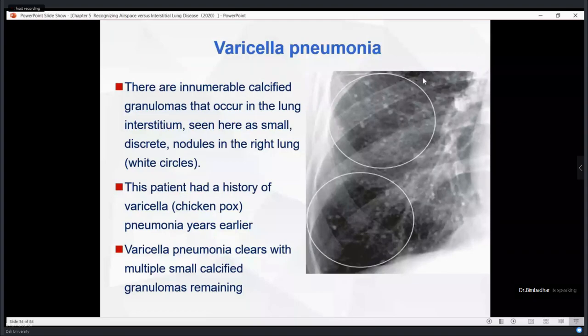How can I say these are calcifications? Because they look a better white than the nodules that I looked at before. That's how I know that these are calcifications. Small, discrete, prominent calcified granulomas distributed all over the lung fields are a characteristic feature of varicella pneumonia. And speaking of which,